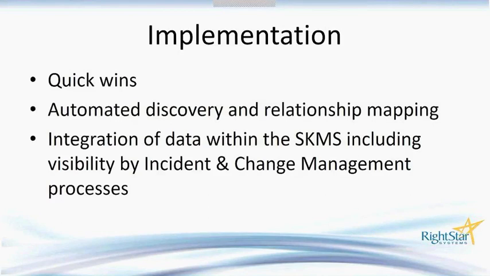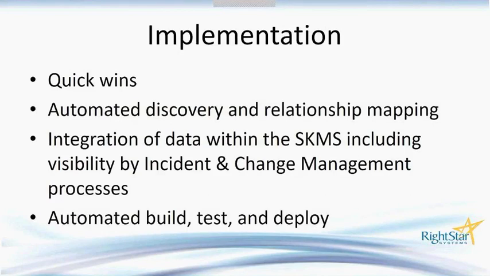Anything that we can do to show the value to the organization. We can focus on things like automated discovery and relationship mapping. I think the one challenge that I find for most of my customers is that the asset and configuration item data can get outdated so quickly if you don't have